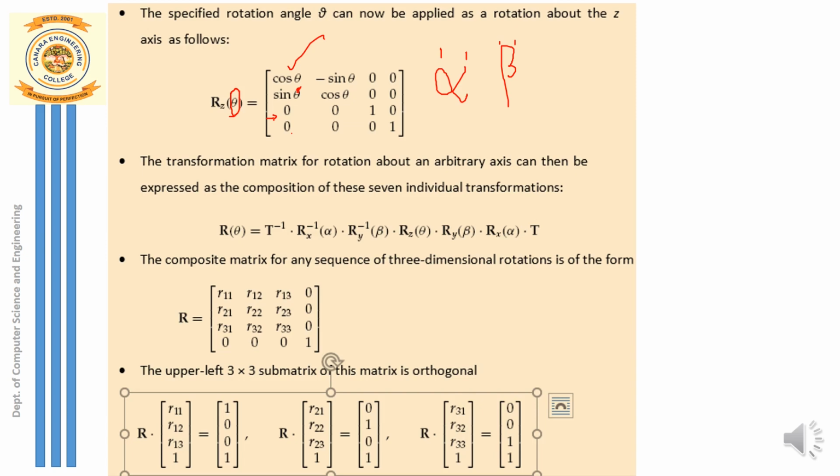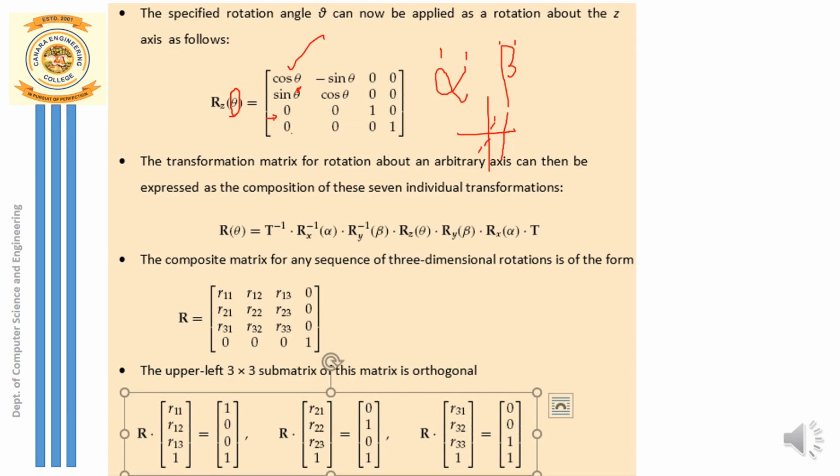Now you can club all the rotation matrices. Since we are performing the rotation, we are done with all the steps now. Step 1 was translation. Remember that the translation we performed is to get the object to the origin. Earlier the object was in its original position, and you have to get it to the origin. So if this is the axis and the object was somewhere over here, I want to get it to the origin, so you have to actually perform a reverse translation.